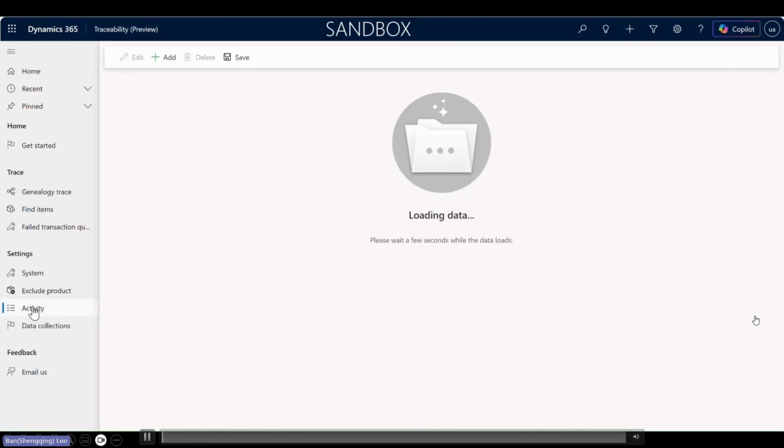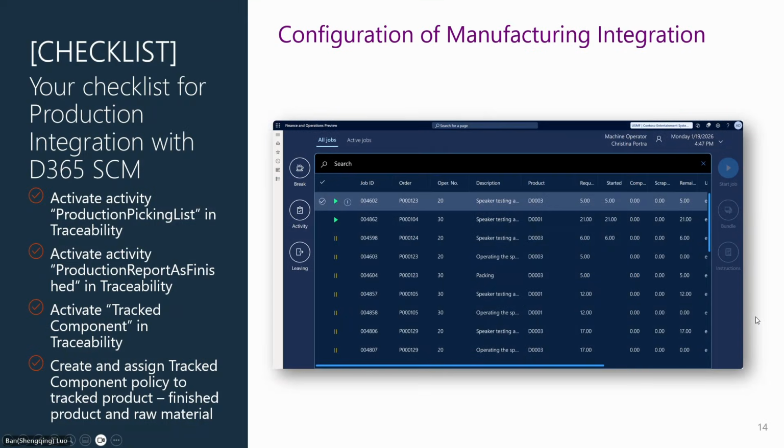Okay, so let's continue. First, we have done the purchase of the raw material. Then the next step is we need to consume it to do the manufacturing steps. To enable the manufacturing integration, we need to do some configuration. First, we need to make sure the production picking list and also the production report as finished activity is